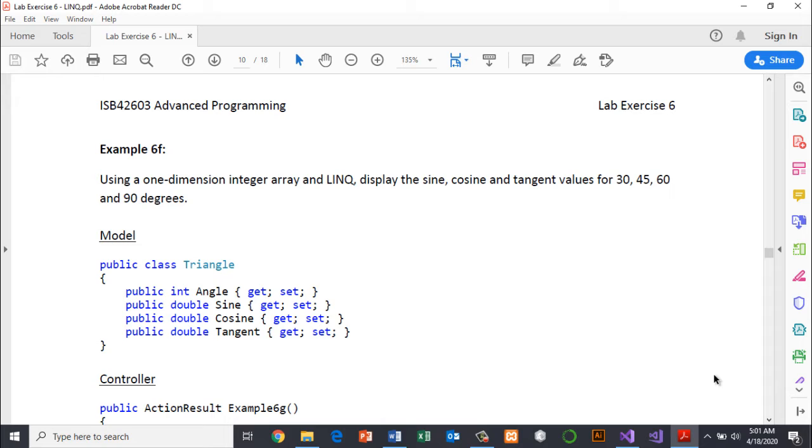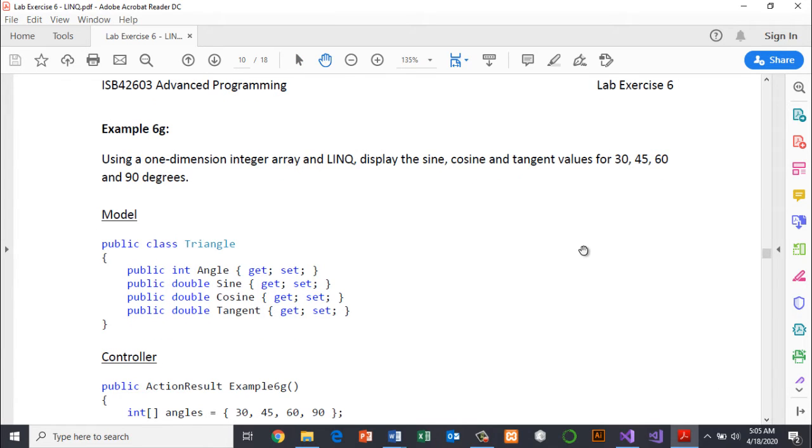Example is example 6F. This is also projection. In this example, we want to use a one-dimension integer array and LINQ to display the sine, cosine and tangent values for 30, 45, 60 and 90 degrees. Now, the difference between this example and the previous example is that here, from one value, we want to project or generate multiple values, meaning that from 30 degrees, we have sine 30, cosine 30 and tangent 30.